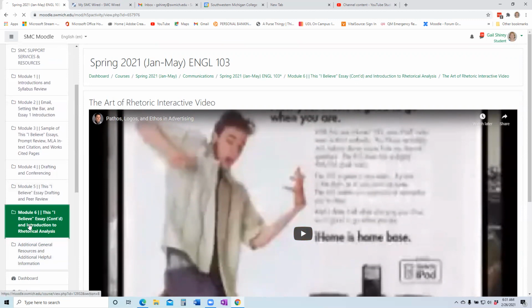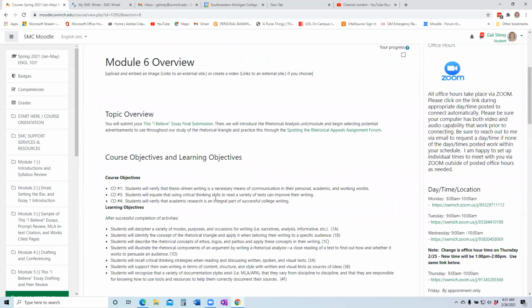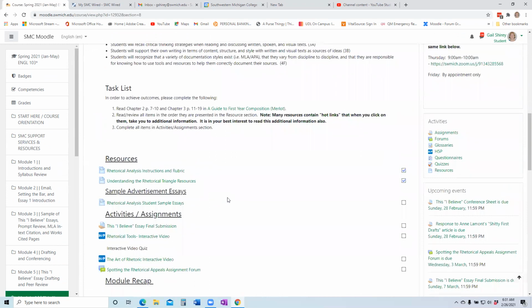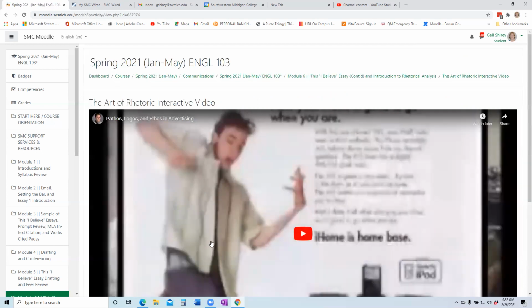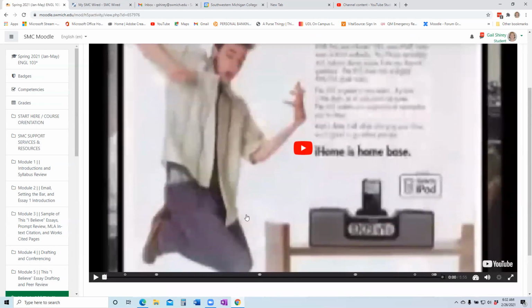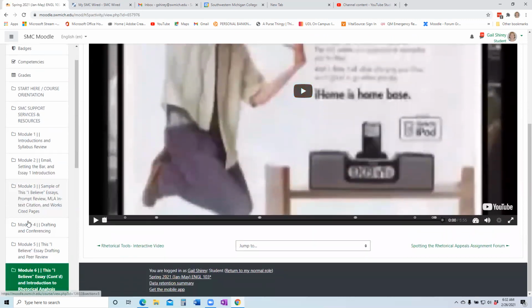Now, a couple of you have also indicated you had trouble with it, and through our conferencing, we figured out, so I'm going to share this with everybody in case others are having issues. When you are doing these, you want to do these on your laptop computer. Don't do them on your phone, any of that kind of stuff. You want to do it through the laptop computer, and you want to do it on the main page, not necessarily through the app. So when you click into these, make sure you're on our Moodle page, make sure you're on your laptop, and that may alleviate some issues as well.